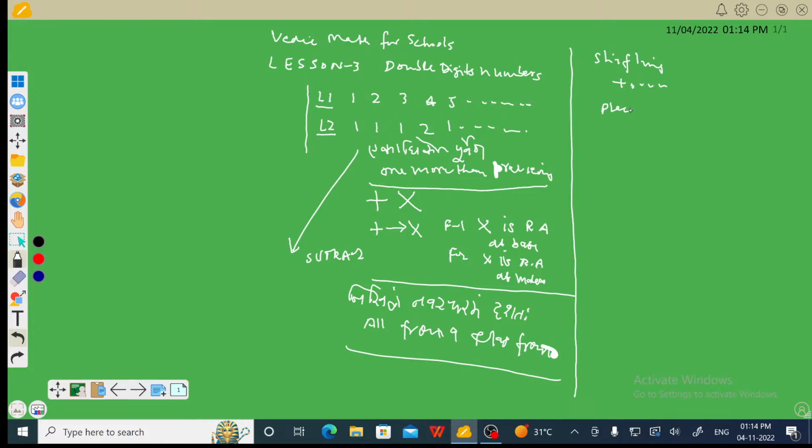And the place value system being taken up here at the outset is the 10 place value system. And this 10 place value system has 1 to 9 as numerals, and 10 is the place value,